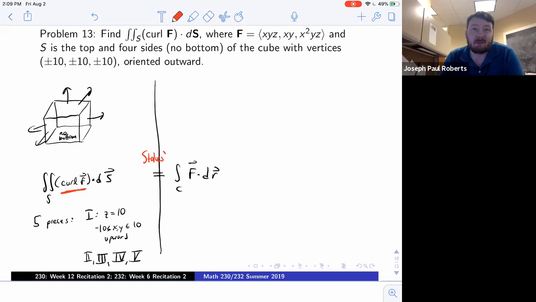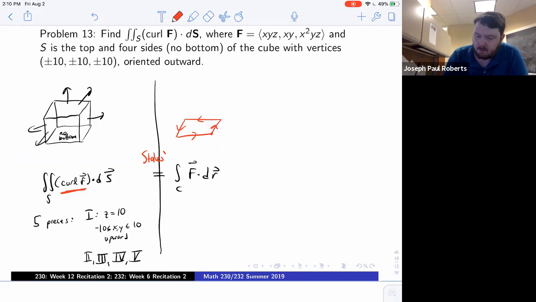If any of you get into meteorology or aerospace, the flux of vorticity is the circulation of velocity, is what's being said here. But anyway, we have to then figure out what the boundary curve C is in this case. So upward on S, because the top has up, sort of tells us counterclockwise from above is what we're